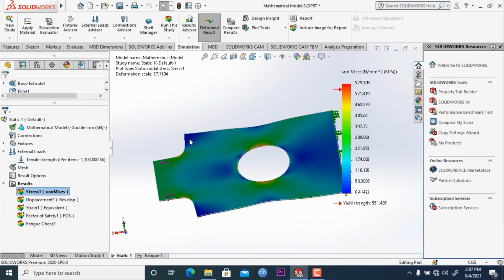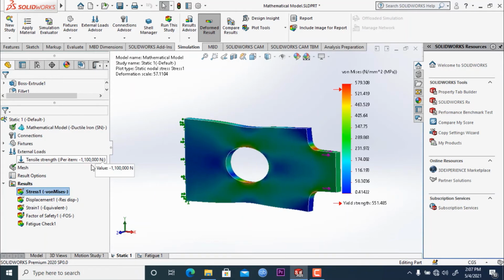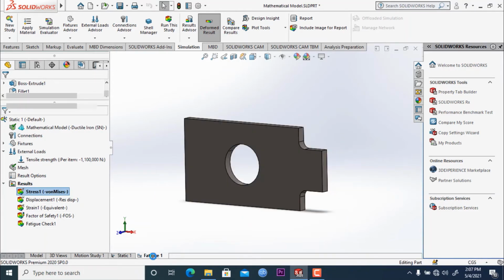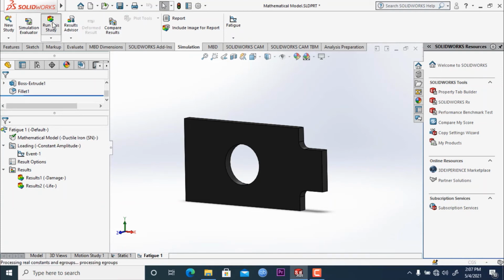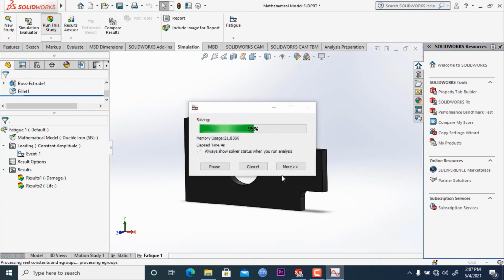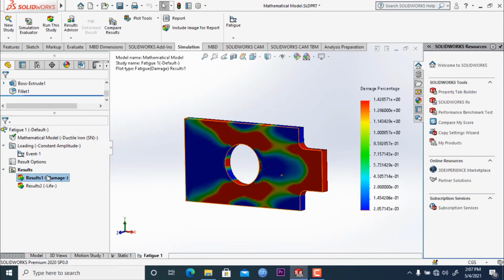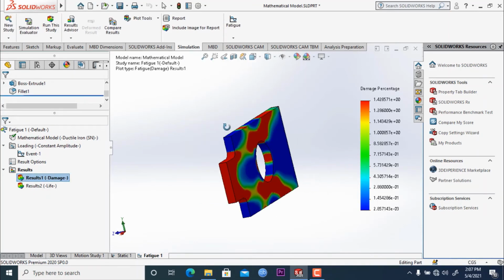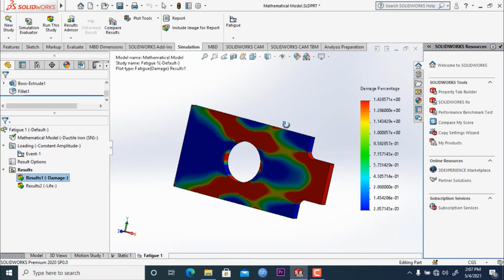Now let's go to fatigue again and run this study again. Let's click yes and see what happens. Here you can see we have got a different amount of force, so the result has been changed.